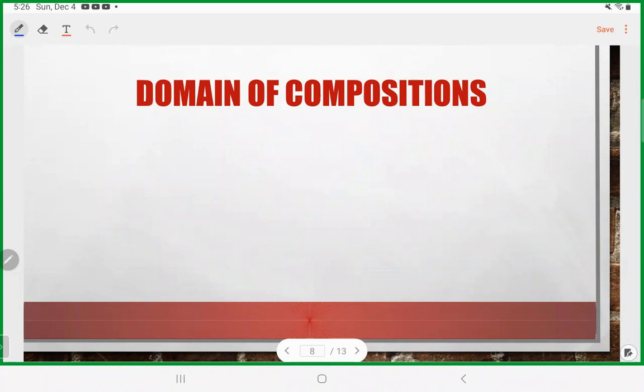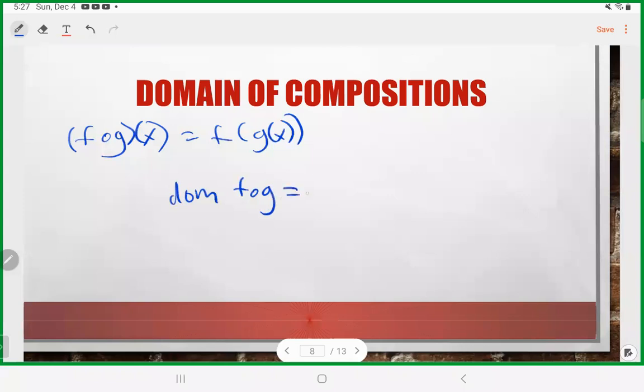So what you need to do is you need to make sure that the composition is real, but also the inside function is also real. So let me just do that, okay? F of g is basically just equal to f of g of x, like so. And then you can see you're just substituting g of x inside as x, basically the input of f. And that means that first of all, the input of f, in this case g of x, has to be real. So the domain of f of g is equal to